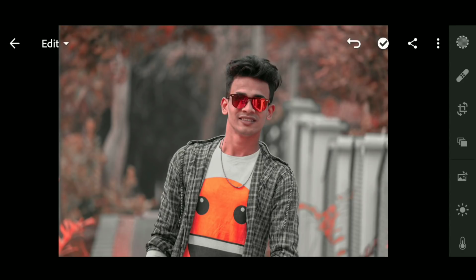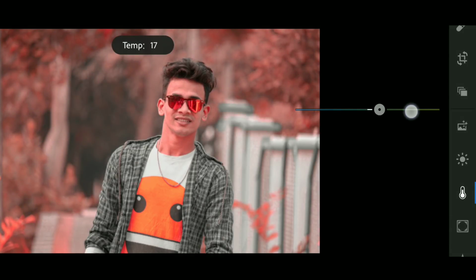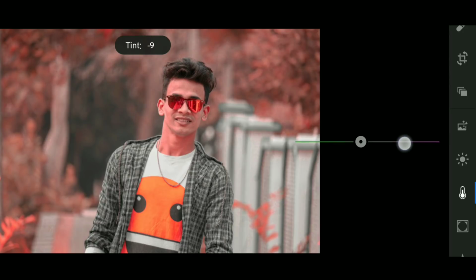And don't worry about the face toning effect, because I know the face tone will get affected, and I will show the solution at the end of this video. Now go to this icon again, and I will increase some temperature, looking good, and I will decrease some tint.